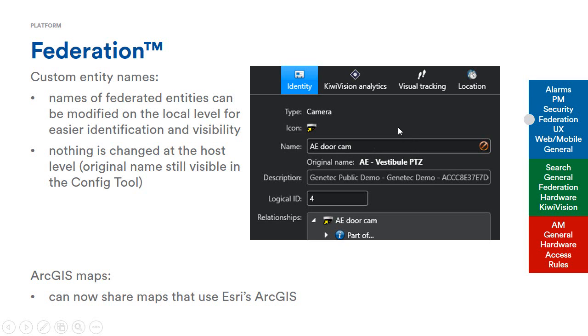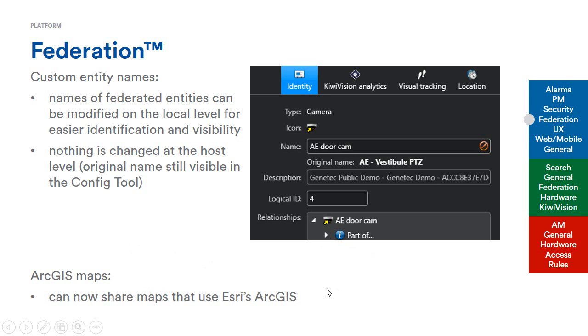So this is something that they can do, and of course you can clear it, you can change it if you need to, and that doesn't affect anything on the host side too. So the host is still going to have their name, and you can't force anything back over or anything like that. And one other thing to add for federation, well, not tiny, but is we now support federating ArcGIS